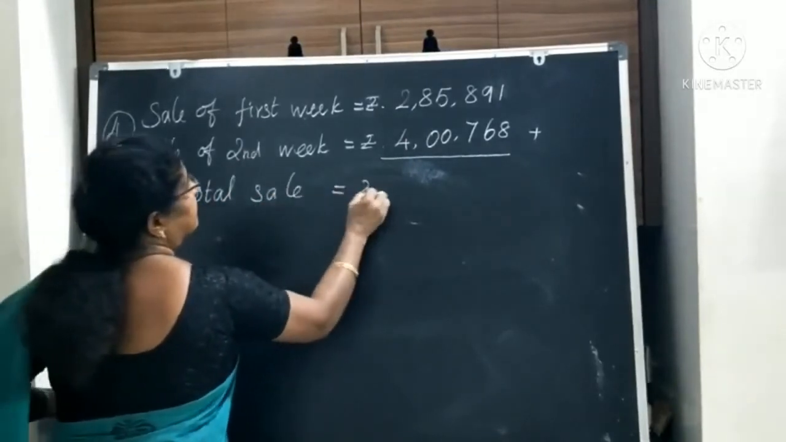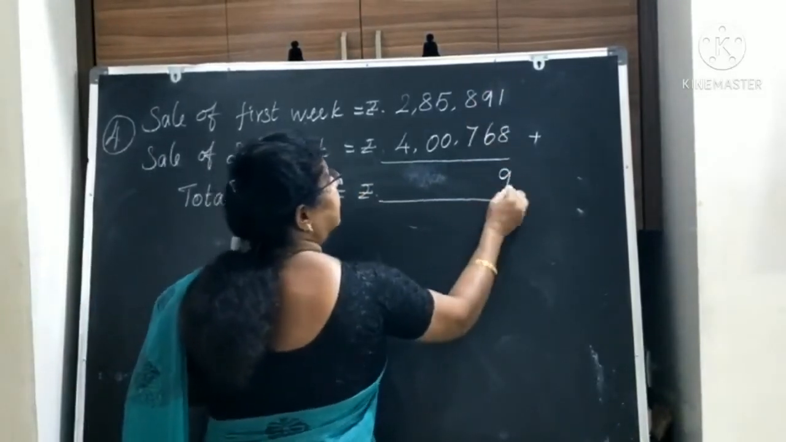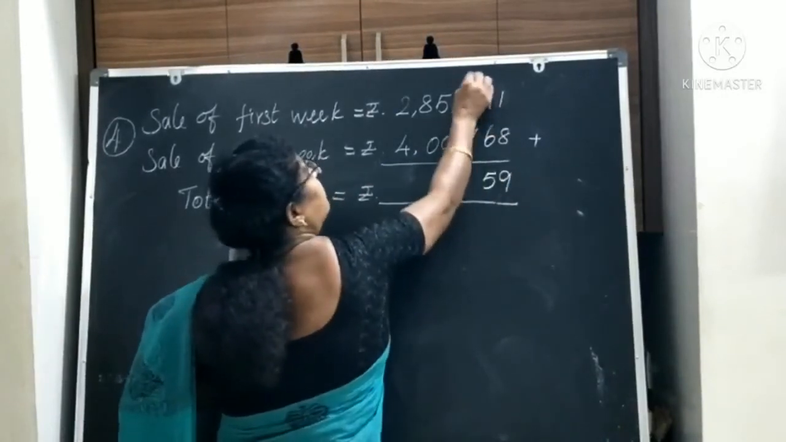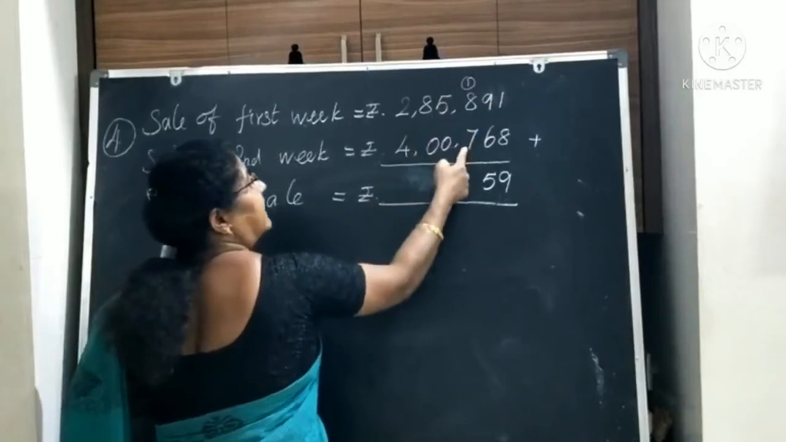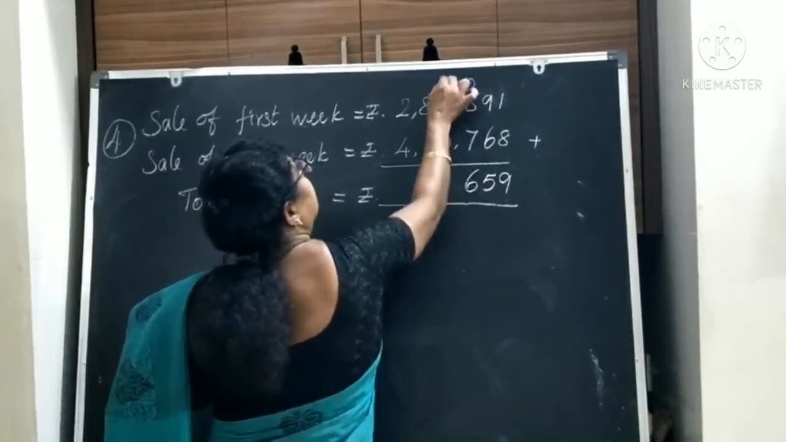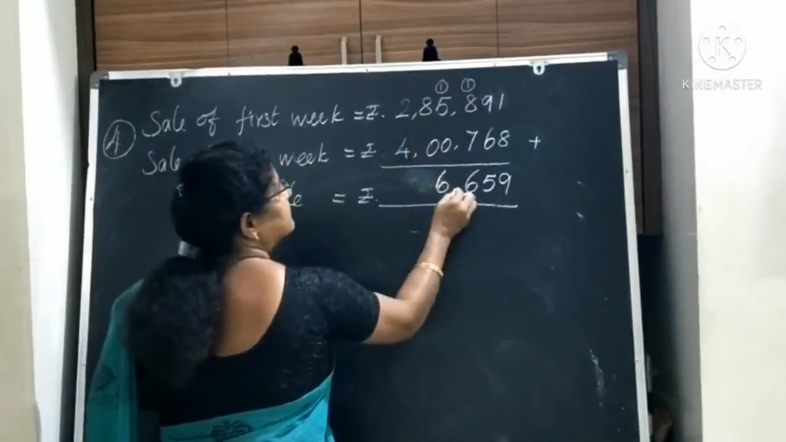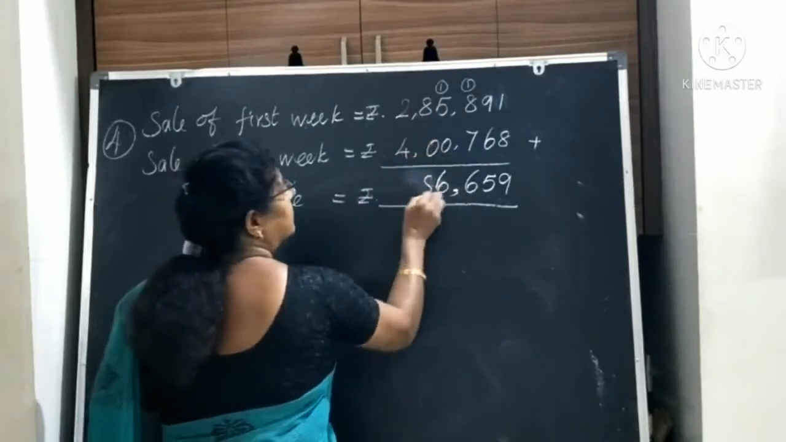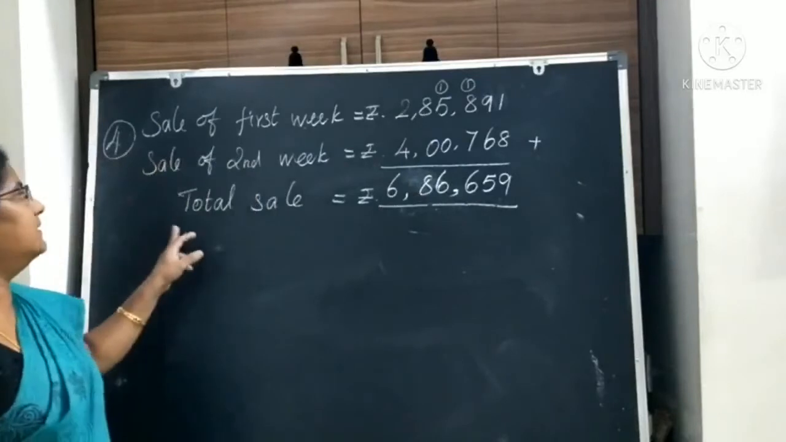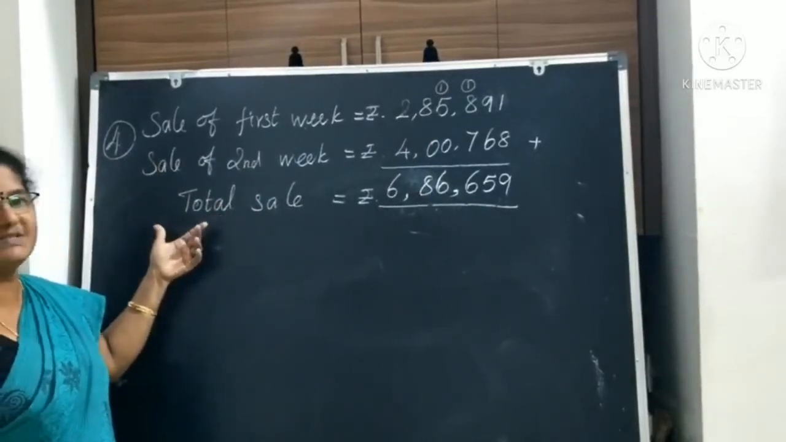Total sale we need to add. So 1 plus 8, 9. 9 plus 6, 15. Balance 1. 8 plus 1, 9. 9 plus 7, 16. Balance 1. 1 plus 5, 6. 6 plus 0, 6. 8 plus 0, 8. 2 plus 4, 6. So total sale of the 2 weeks in this book stall is